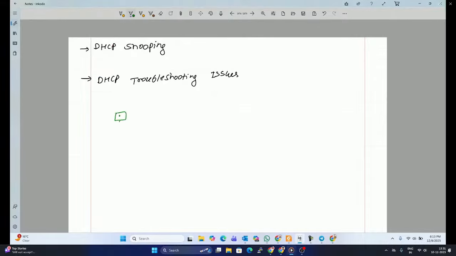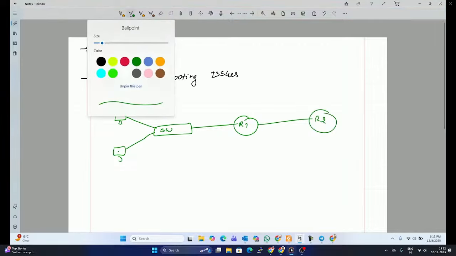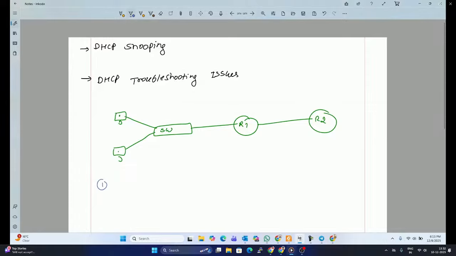So this is an endpoint, this is a switch, and this is a router, right? Then this is the router. So we have two types of scenarios. What are those scenarios? The first scenario is